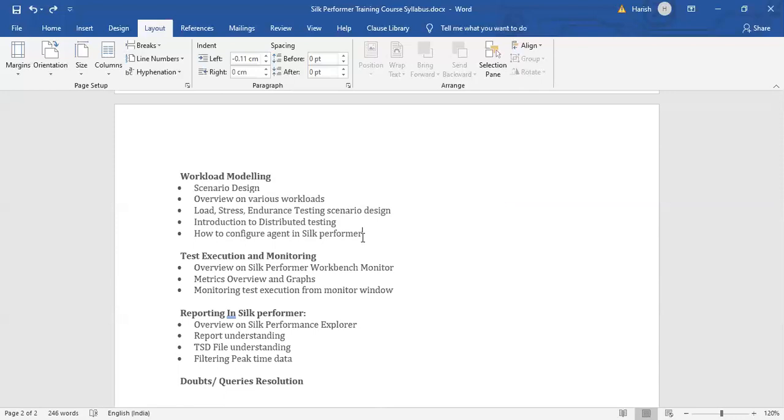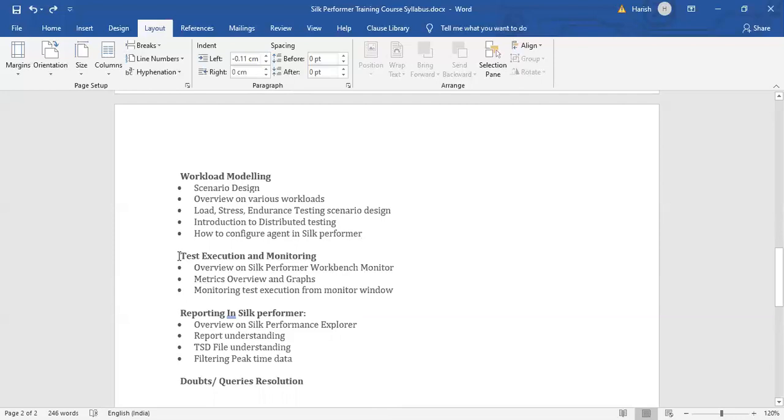For these kinds of performance tests, how the workload model can be designed, that part we'll cover in workload modeling. And after that, we'll give an introduction to distributed testing, how to configure an agent in Silk Performer for distributed testing, and how the controller and agent communication happens. I'll try to explain that in the workload modeling section.